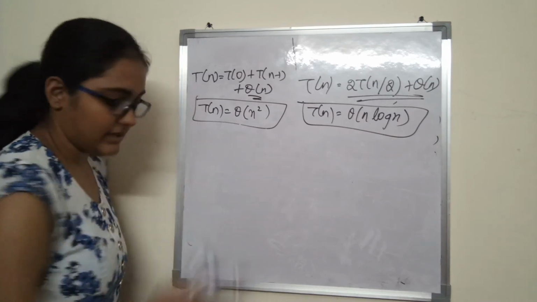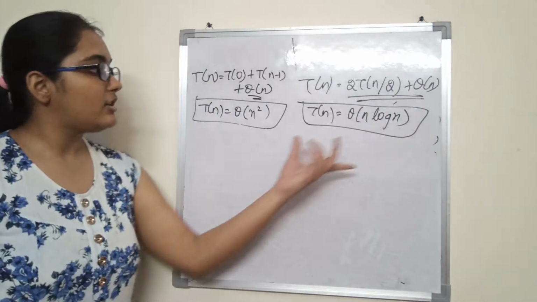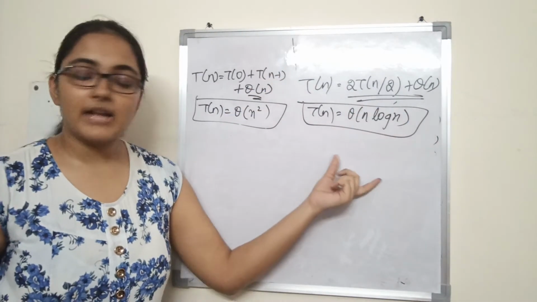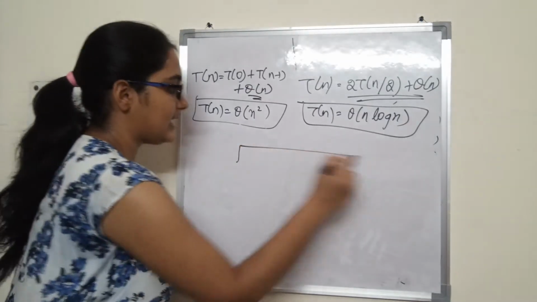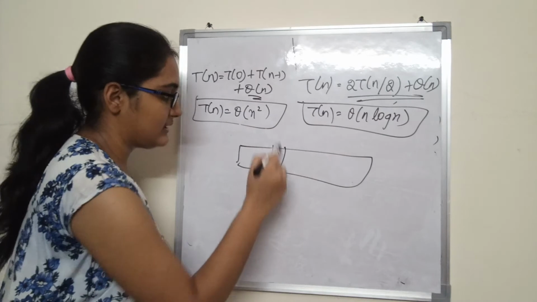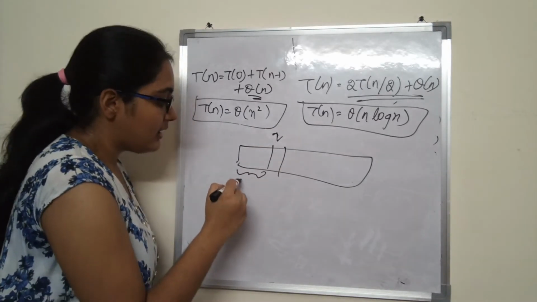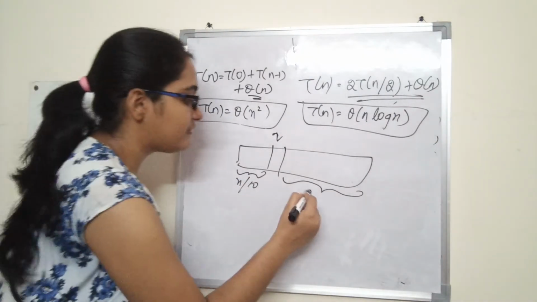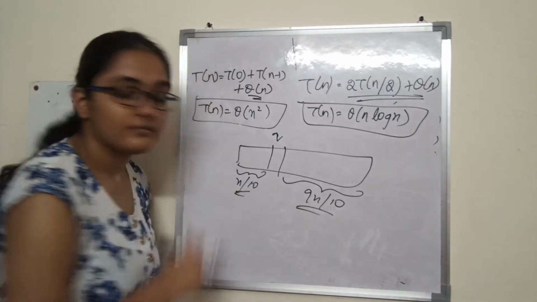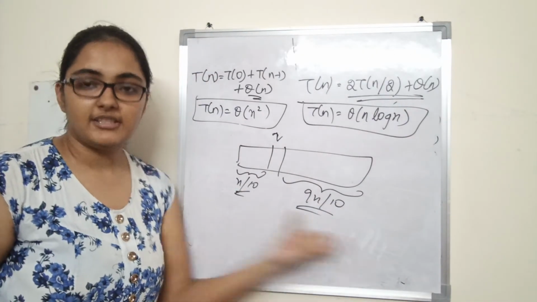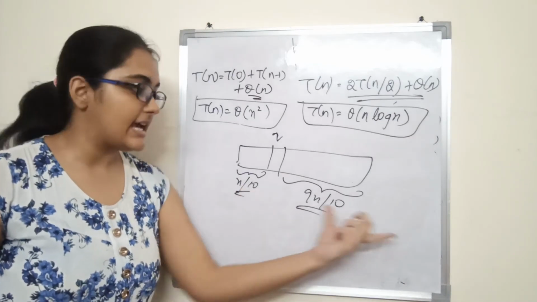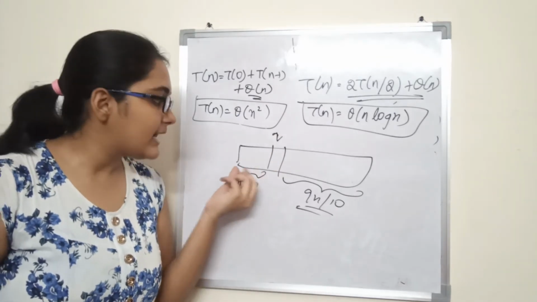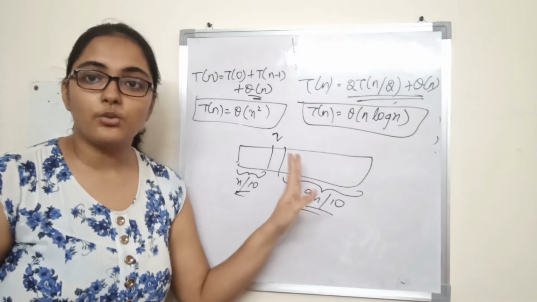So how can we even think about the average case? Let us say the partition is not as bad as 0 and n minus 1 and not as good as partitioning in the middle. Let us say that the partition function partitions the array into two subarrays such that one subarray is of size n by 10 and the other is of size 9n by 10. Let us say it constantly produces arrays of this size at each partition, at each level. Because partition will keep on happening, right? Now this will again get partitioned, this will again get partitioned, right? That is how quicksort works, right?